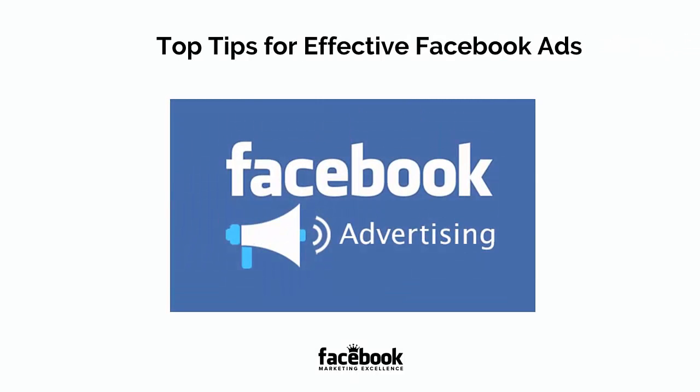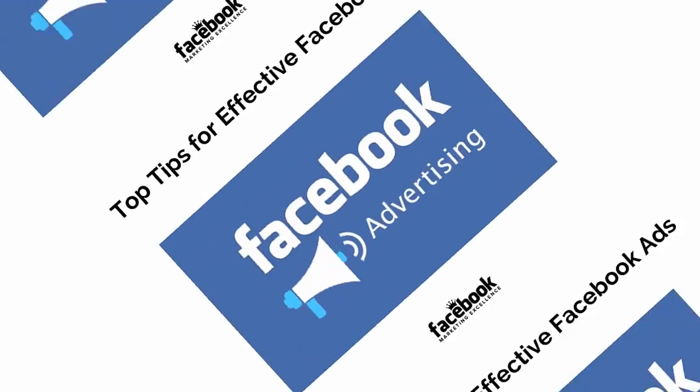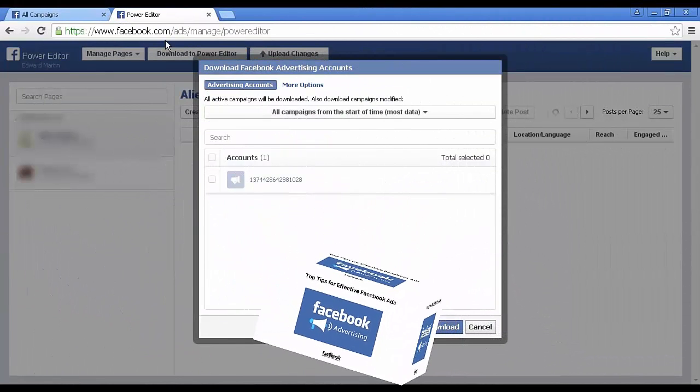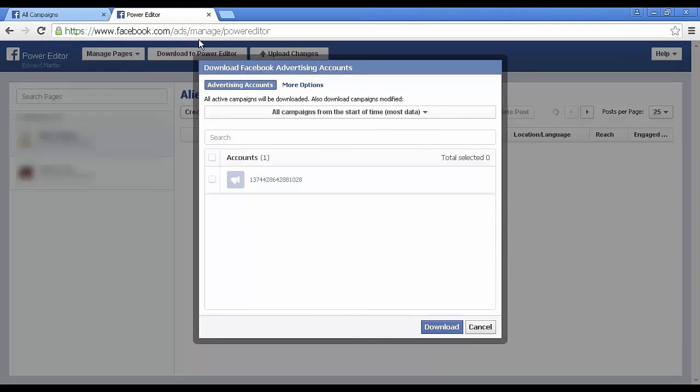Facebook's Power Editor is a tool that is designed specifically for large advertisers with lots of different ads to make at once and to manage. You use this through Google Chrome, and from here you can make hundreds of ads all at once. So how does this work? Well, once you've got it from